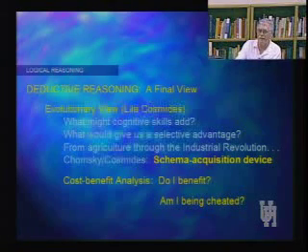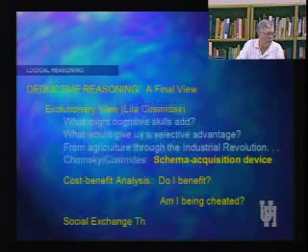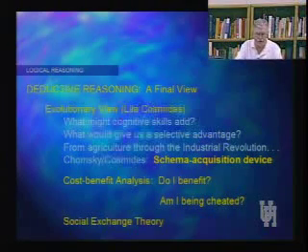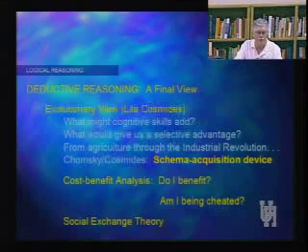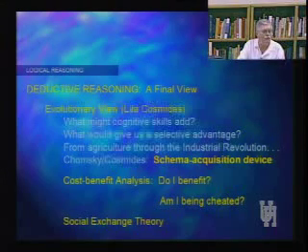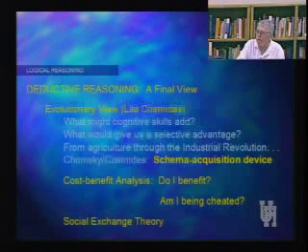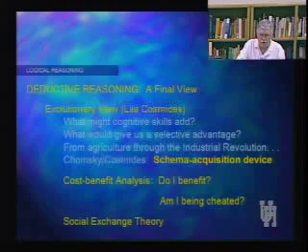In any case, the advantage was there, because we could now start processing, I've got this many bushels of grain, he wants to give me a cow. Do I benefit from that, ultimately? And so it's the cost-benefit analysis in the broader context of social exchange theory that provides a good degree of intellectual justification for the inherited nature of language and language acquisition. It's inborn in us. It relates to social exchange.